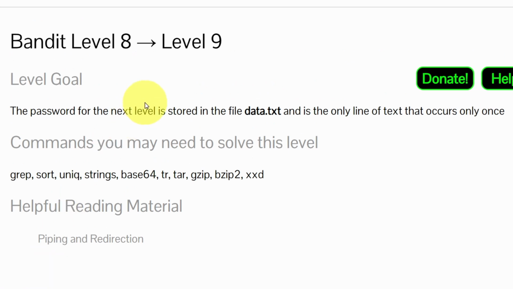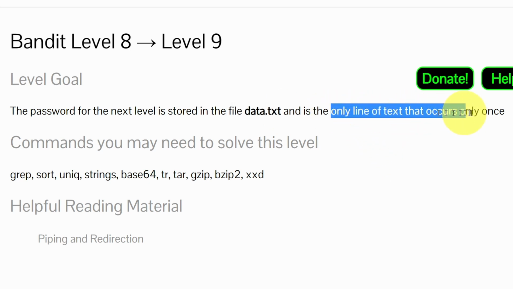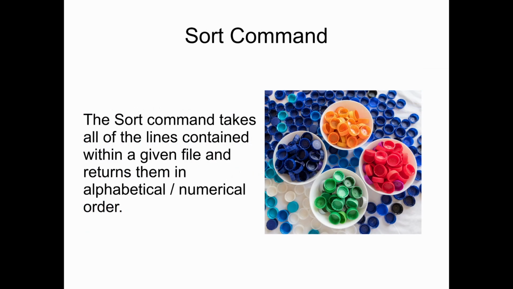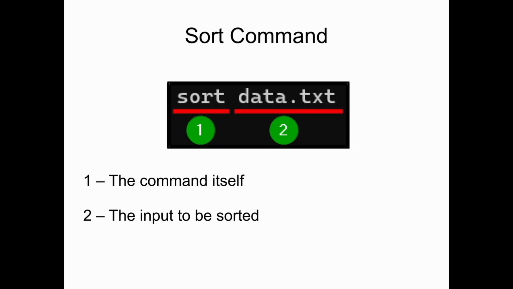Once again, we're looking through a file named data.txt, and the password is the only line of text that occurs only once in the file. The sort command takes all of the lines contained within a given file and returns them in alphabetical or numerical order. Here is the syntax for the sort command we'll be using. The name of the command is sort, followed by the file or other input that will go through the sort